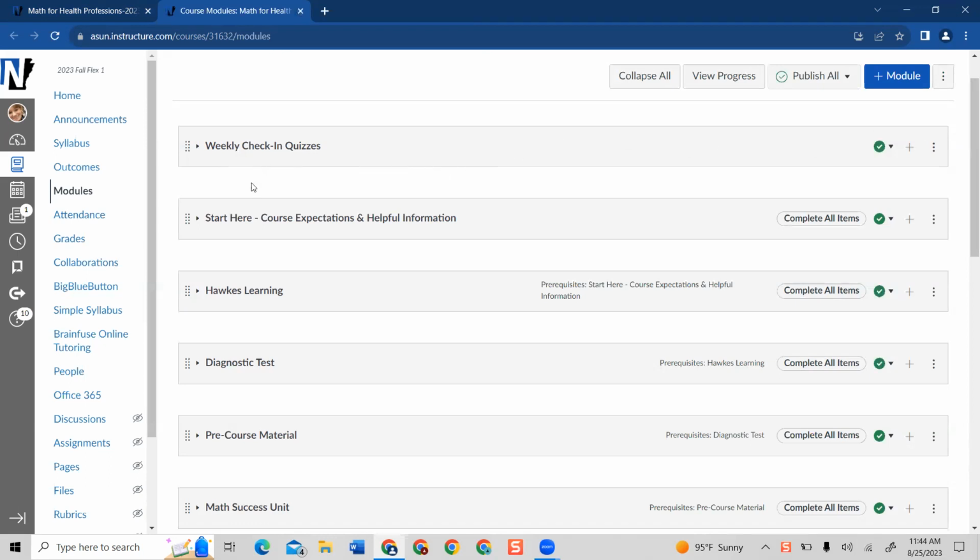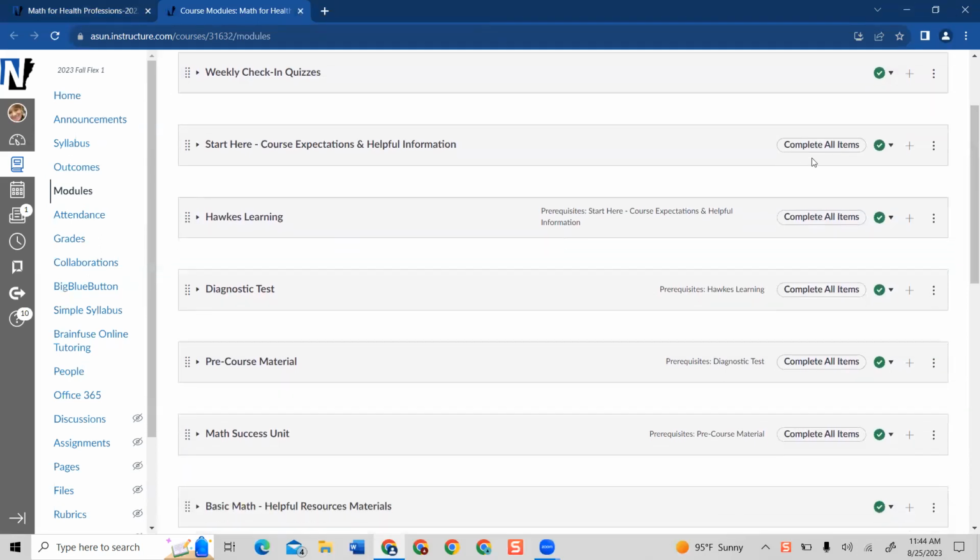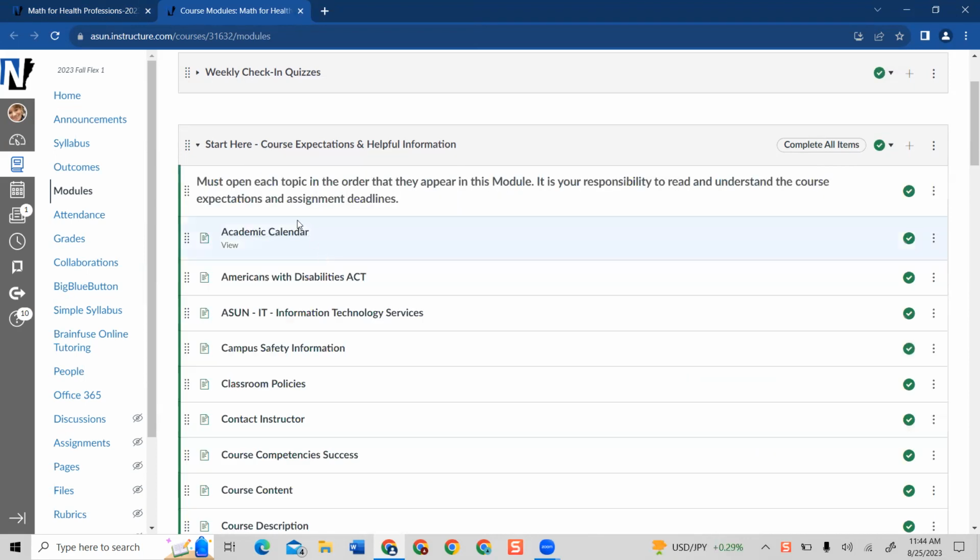As you see, each module is in a specific order. And if you read here, it says complete all items. This means you have to open the modules in the exact order they appear and open every item in the exact order they appear. This is the Start Here module,